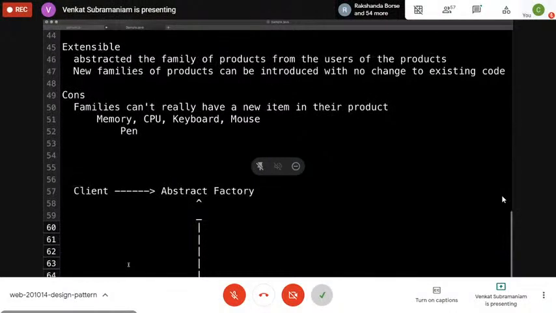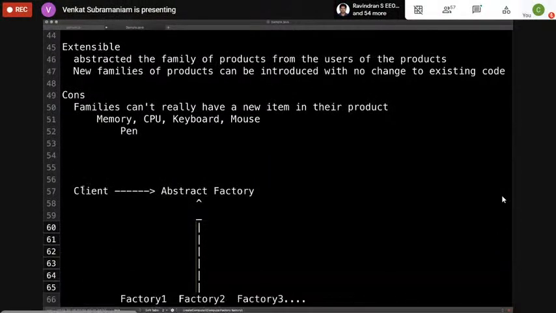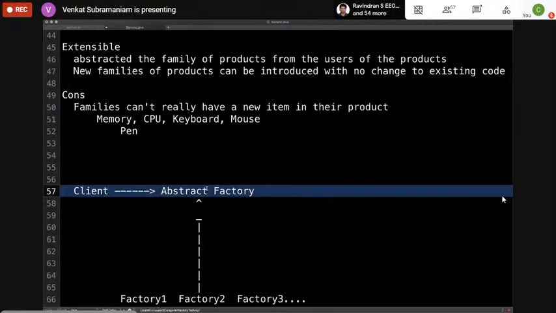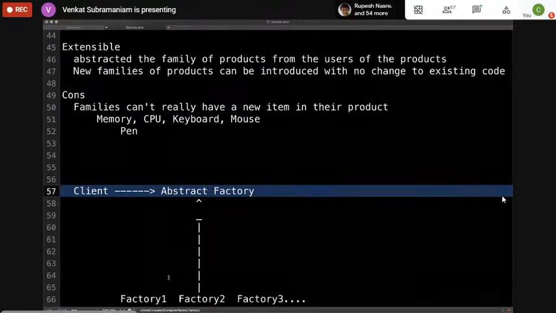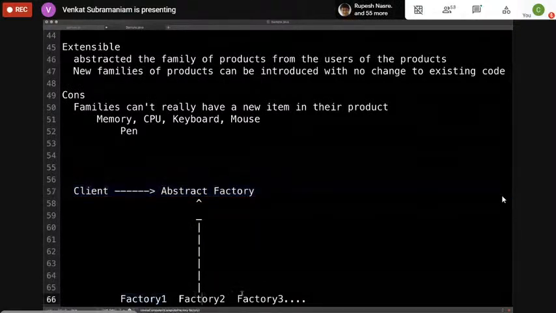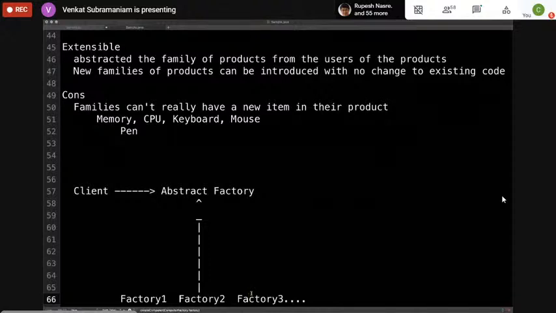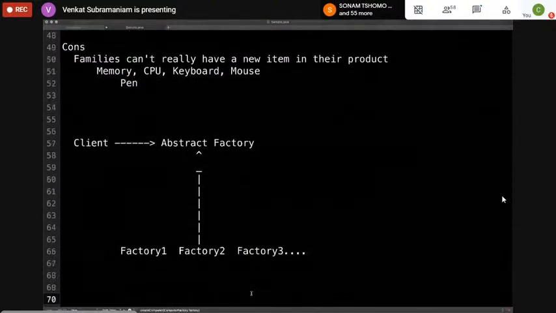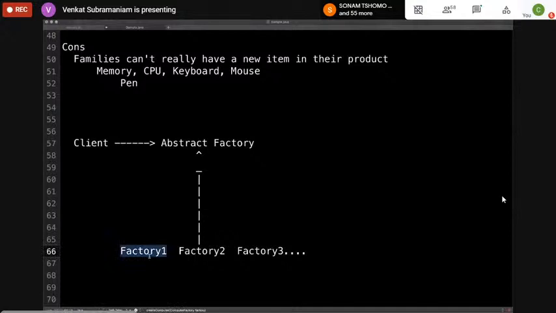So that's basically the idea behind this, that's the inheritance that you're seeing right there. So essentially in the abstract factory, a client talks to a factory, which is an abstraction or an interface, and you have these factory 1, factory 2, factory 3 implementations. Now, what I don't show below here is that factory 1 talks to a similar hierarchy of memory over here, and a CPU here, and a keyboard here, and so on.